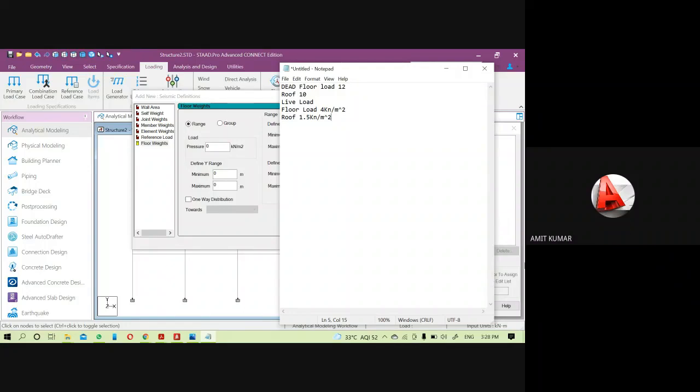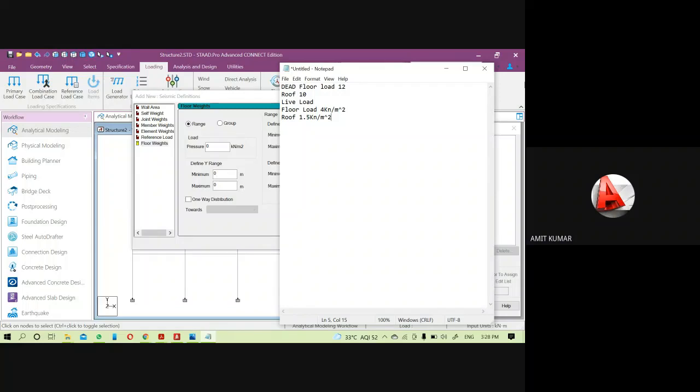That means we have to add half of the live load of the floor and roof. Like if the floor load is 4 kilonewton, then we have to add half of this value to the floor load as a dead load. This is Table 8 of IS 1893 Part 1, and you will get it in Clause 7.3.1.